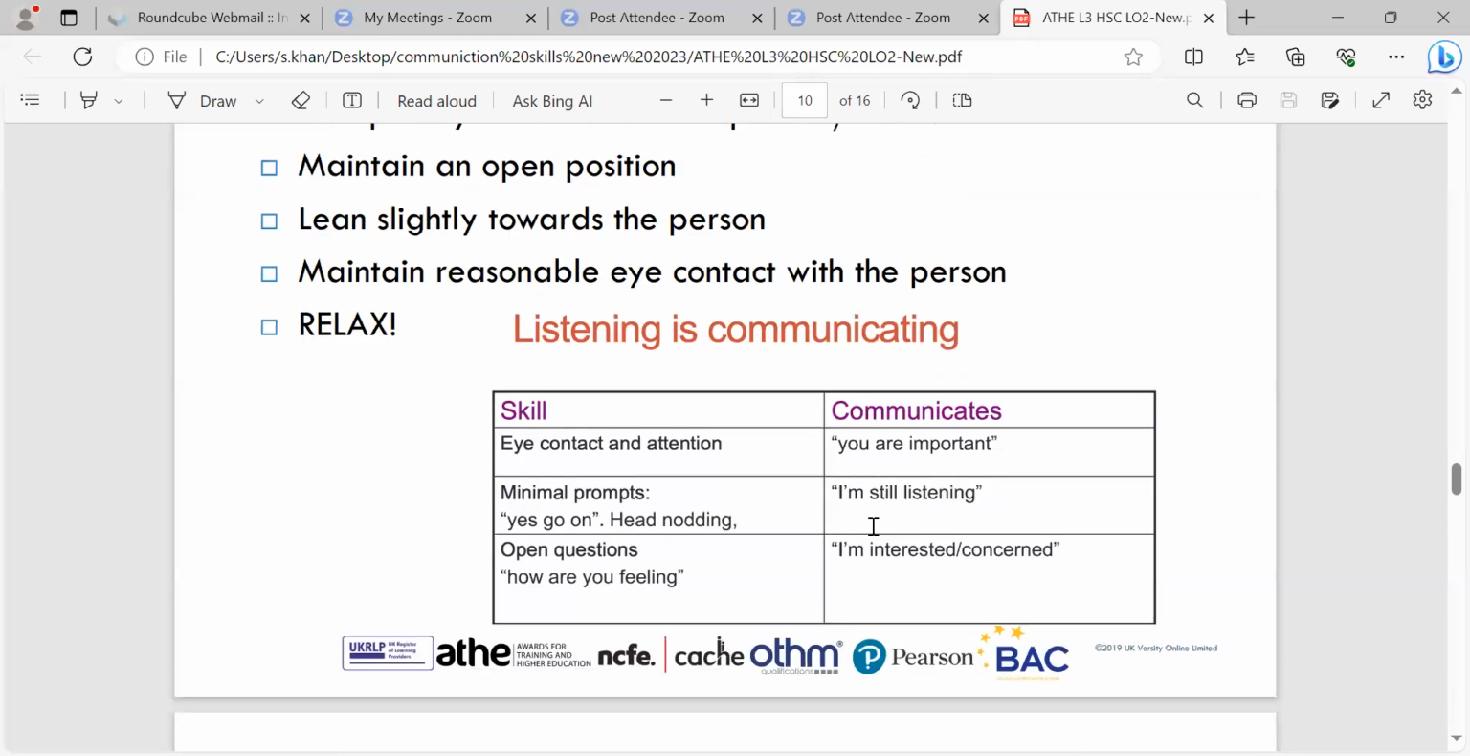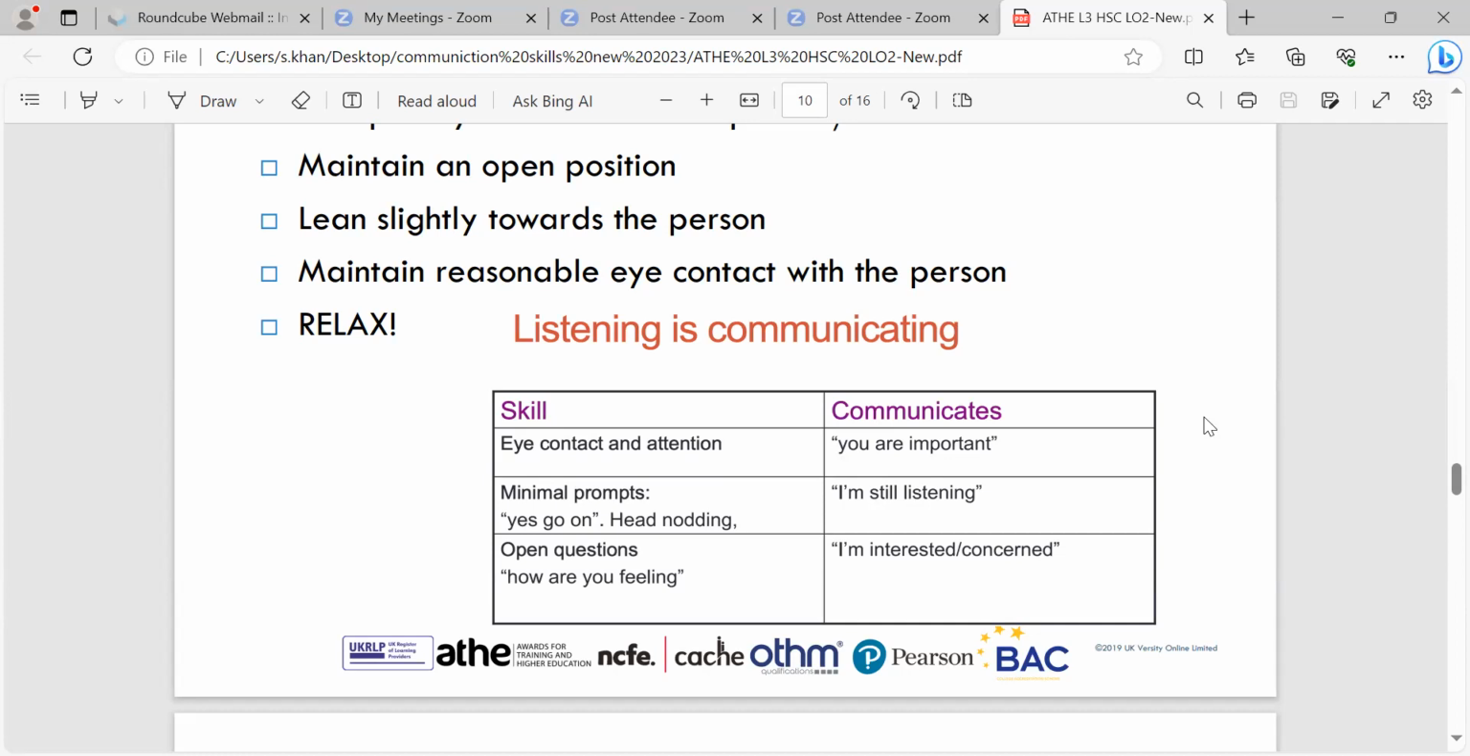And there's some skills here. So, eye contact and attention, minimal prompts, yes or no, so nodding your head that you understand. Open questions, how are you feeling? And then communicates you are important, I'm listening, I'm interested, concerned. Active listening techniques also include being fully present in the conversation, showing, like we said, by practicing eye contact, noticing non-verbal